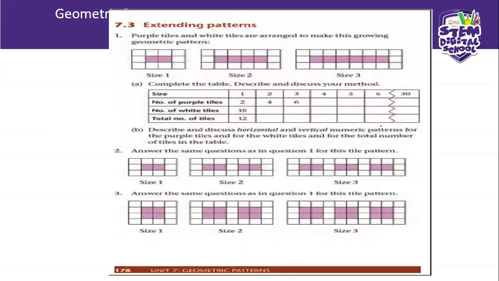So now we need to speak about extending. This is where you need to see that within sets, sometimes they'll have 3 types of pictures or 4, and then they'll have tables, and in that table there'll be more than one pattern, and you need to decipher using the patterns themselves how you get the next number without even having to redraw